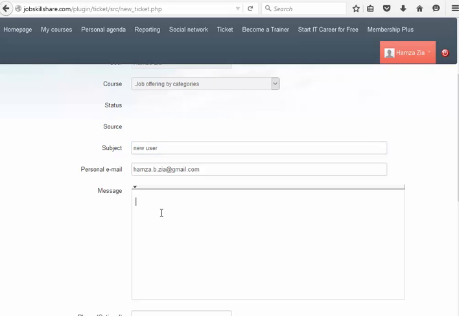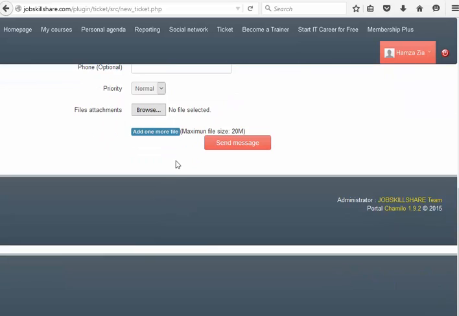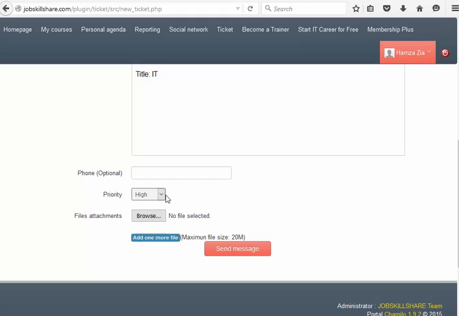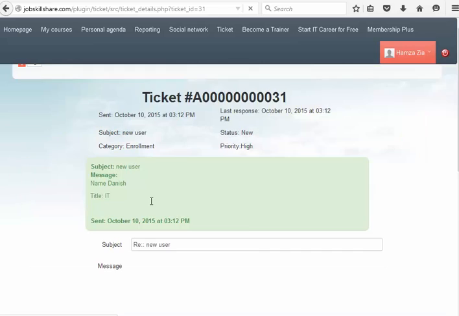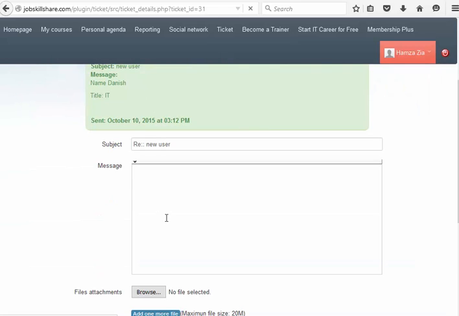New user, new name is Danish, and I can't type today. Okay, Danish, and title, they'll put like title, something like IT, some other stuff. And what they're gonna do is basically priority, I mean it's high because it's starting tomorrow, they'll send a message. So you as a help desk have a ticketing system. You as an administrator, you go in and then you check your email or the system, whatever system you guys are using. You will open the ticket here and then you will see, oh, this is my ticket, and then I can reply, I am working on this or whatever.